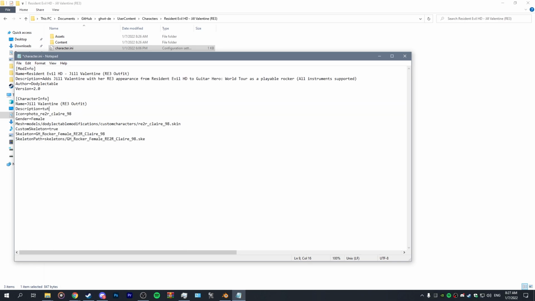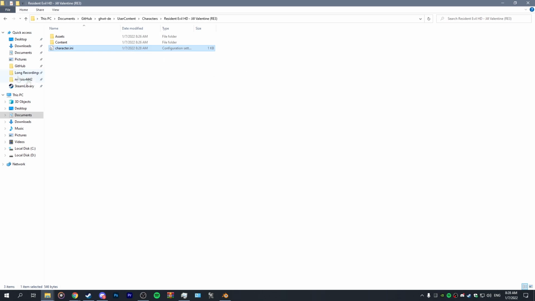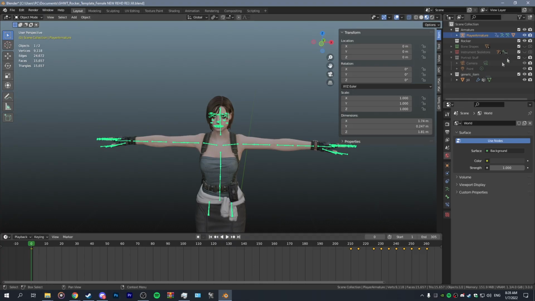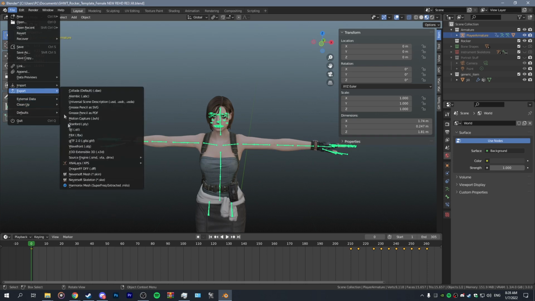I'm just gonna name the description to tutorial test, then basically I've done everything here, so don't really need to worry. As for the photo, which you see me rename, which doesn't exist here, we'll go over that later. Now you need to copy the skeleton name that you've done, basically, and then you need to export the skeleton